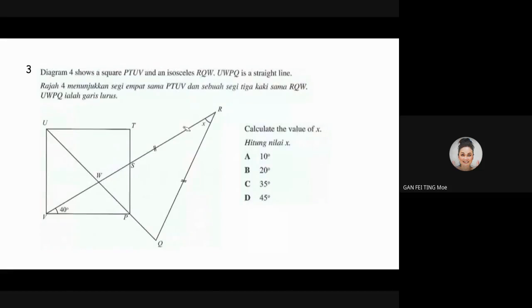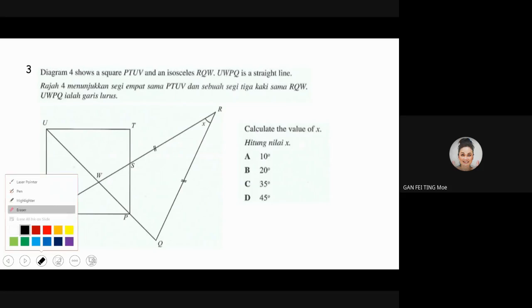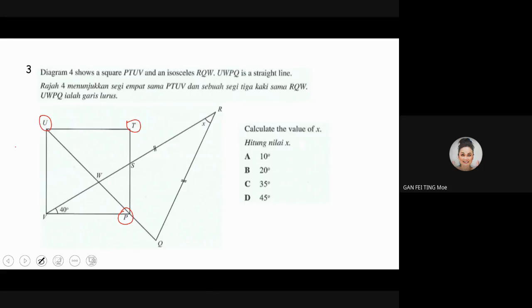Now it's a little bit of calculation. Diagram 4 shows a square. When they give you a square, you highlight the word square PTUV. Read the question and go for the information. Read with a color pen. PTUV, this is a square. Why square? There's a keyword. And isosceles